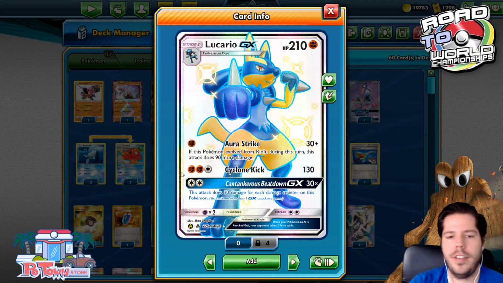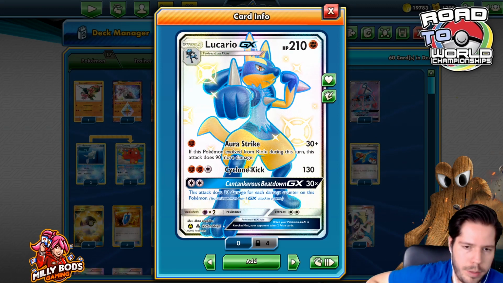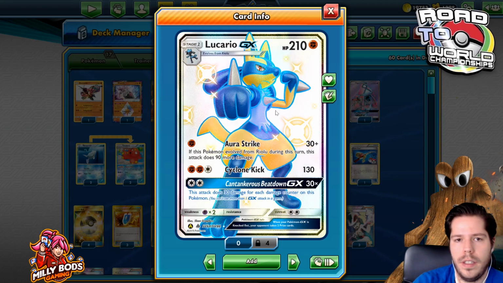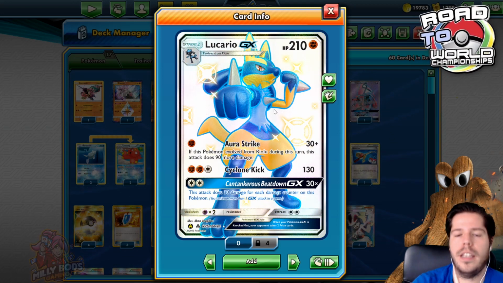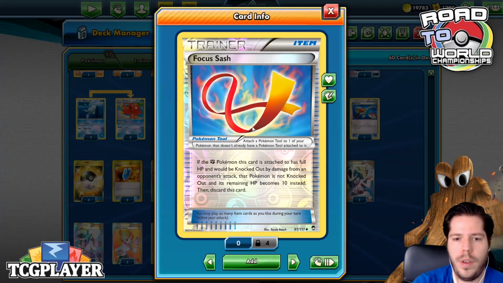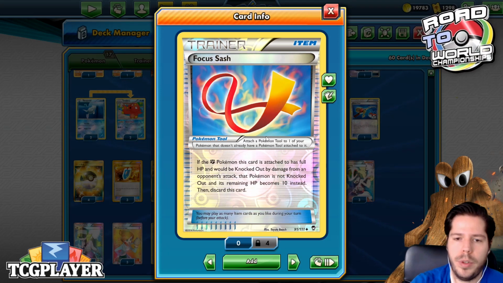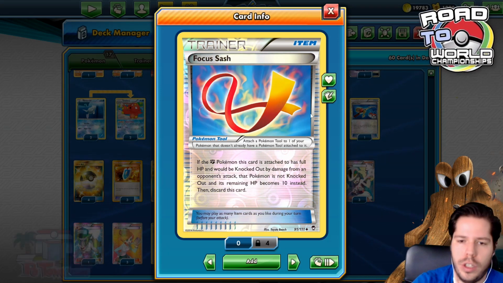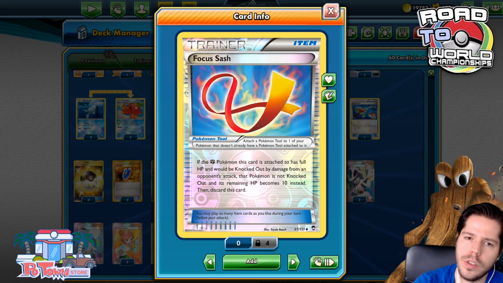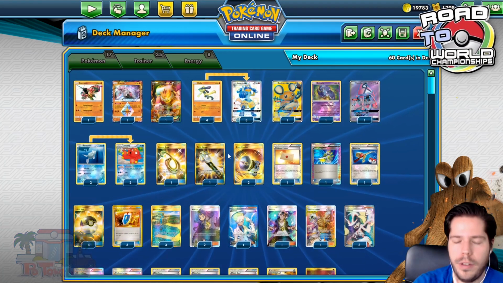Cyclone Kick is a very decent attack for the cost, and especially because with damage modifiers the damage really starts piling up. And finally, Cantankerous Beatdown means your opponent is infinitely punished by attacking Lucario and not KOing it. And because you have Focus Sash, where if the Fighting Pokemon this card is attached to has full HP and would be knocked out by damage from an opponent's attack, that Pokemon is actually not knocked out, and its remaining HP becomes 10 instead. So that means you're at no risk of getting KO'd unless they play Field Blower,